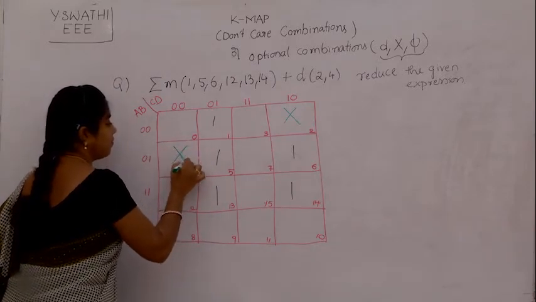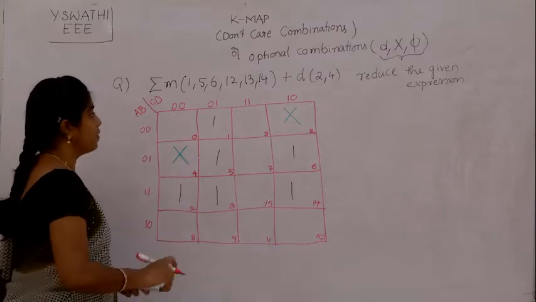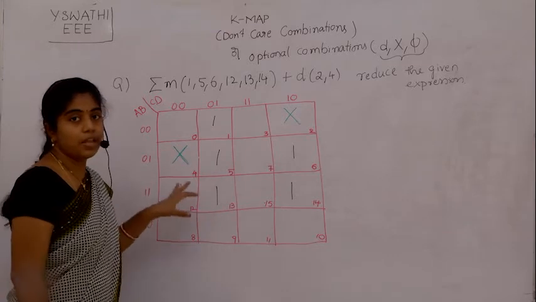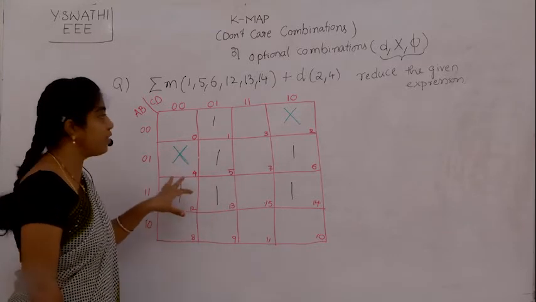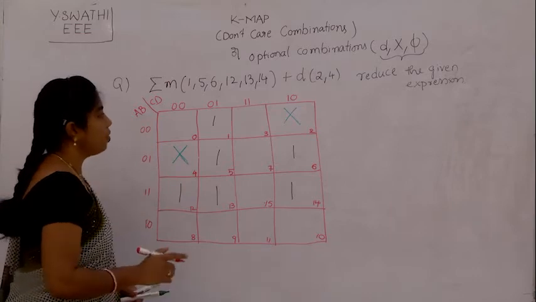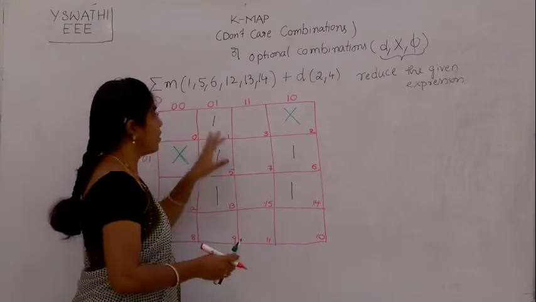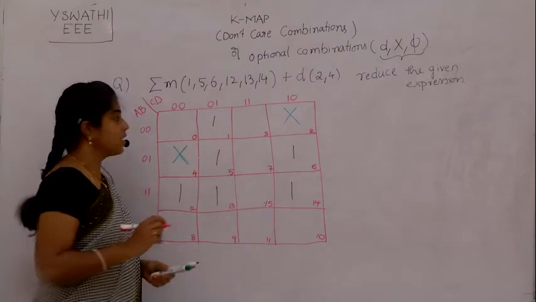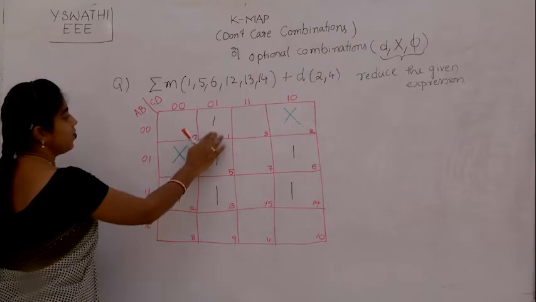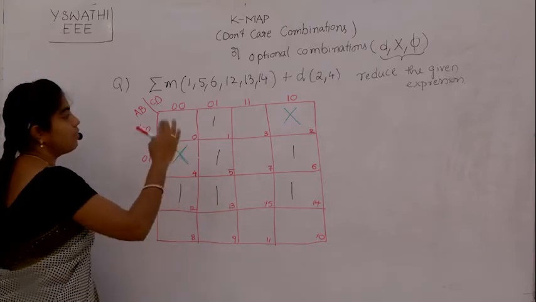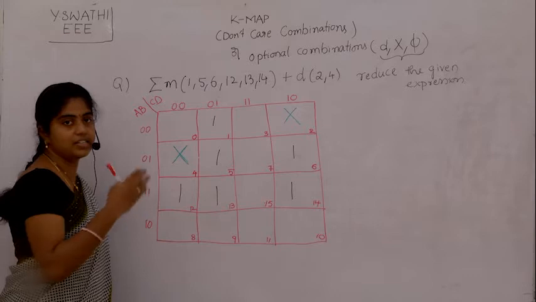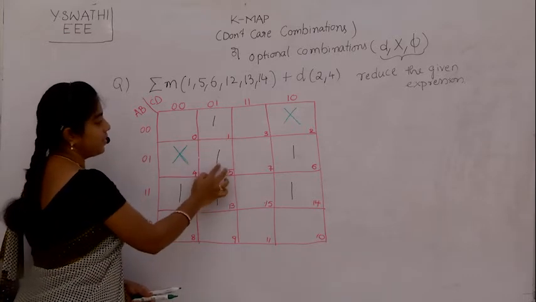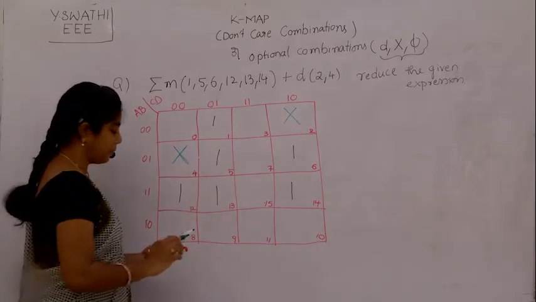Now listen carefully to what we said. In SOP form, if a don't care helps us to reduce the expression, then we take it as 1. In the reduction, after representing the function minterms, we check for alone ones. See, this 1 is looking like an alone 1. Now we see whether it pairs with any adjacent ones or not. This can be paired with this to form a pair.